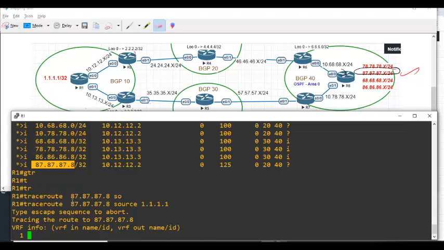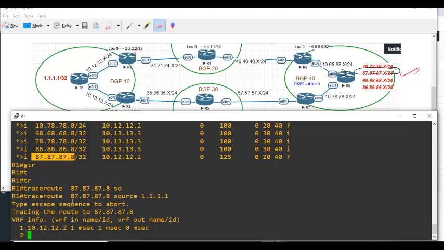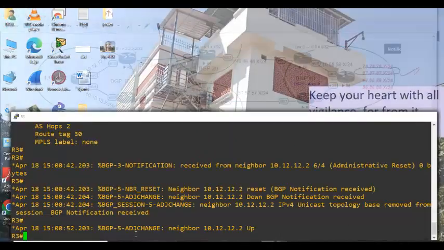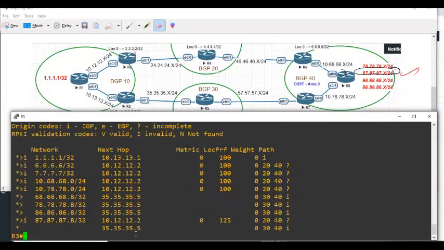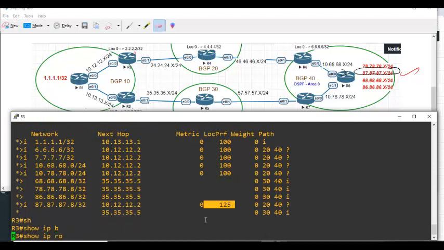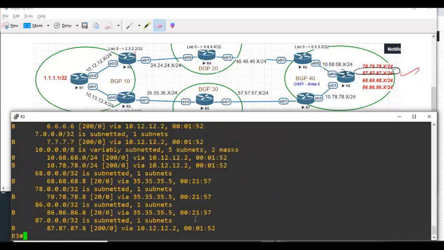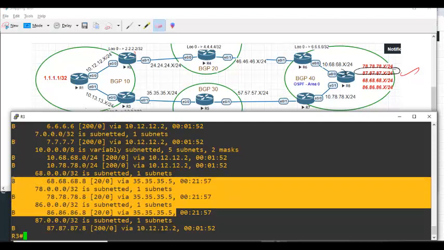Now go to router 3 and check. Show IP BGP. Router 3 also says I'll go via the upper path. The reason is 125. See, only for 8.7 it has got router 2. For all the rest, it is going via the down path, the below path. Clear? So do these labs. We'll meet